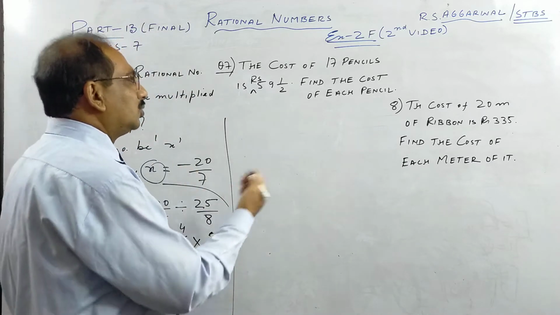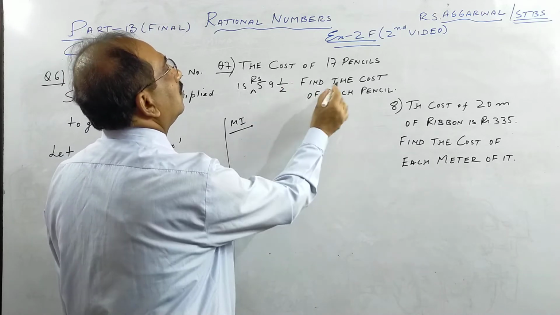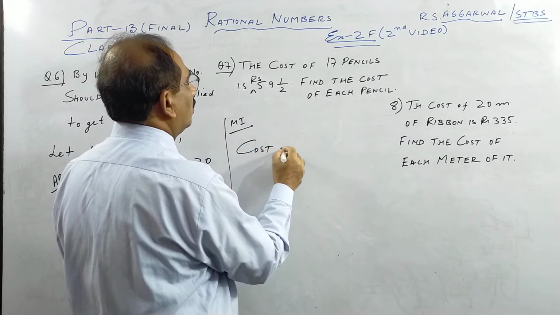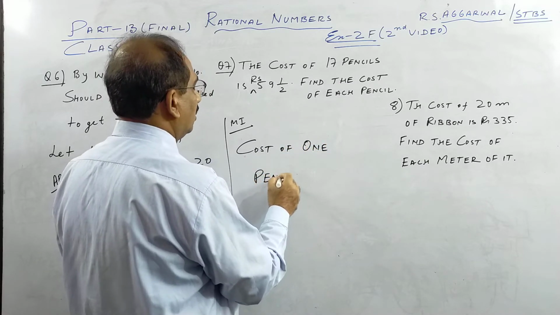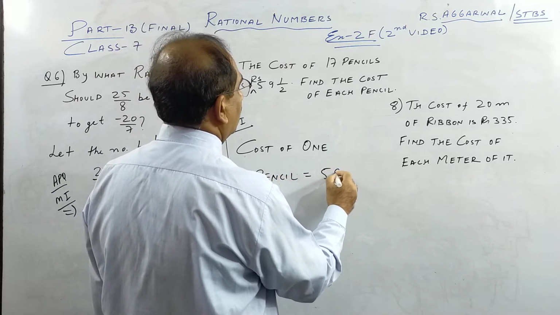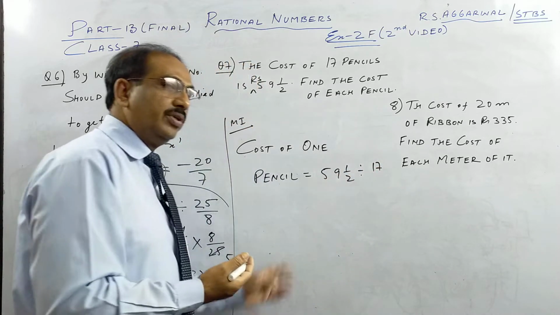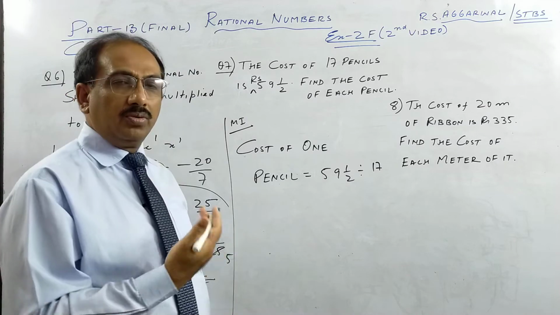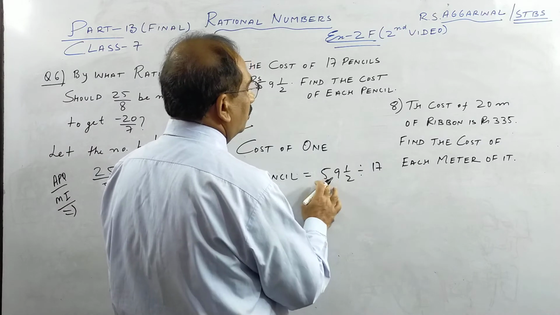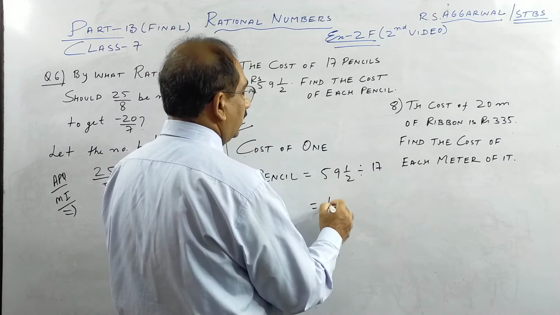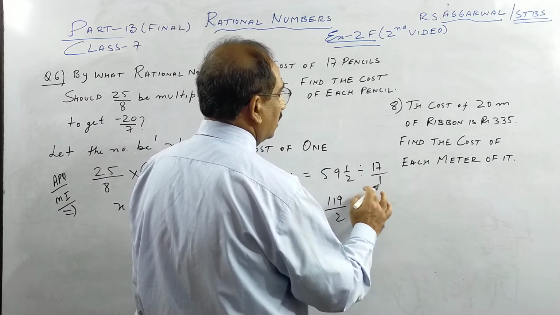So it will be less. Directly you can do method 1. Directly you divide the total cost to get the cost of each pencil. So write: cost of one pencil is equal to 59 and a half divided by 17. Less, so we do division. We'll have another chapter later on, the unitary method. Less means divide, more means multiply. So if you do this, 2 29s are 118, plus 1, 119 by 2, and when division becomes multiplication, children,